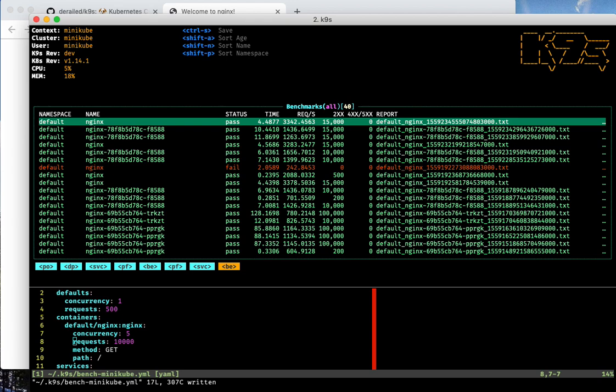This is very much still a work in progress. Still ironing out some of the features here. Eventually, of course, we'd like to expose those for ingresses and be able to use those multiplexers to run our benchmarks again. So keep that in mind. Keep also in mind that setting up port forwards is pretty expensive.